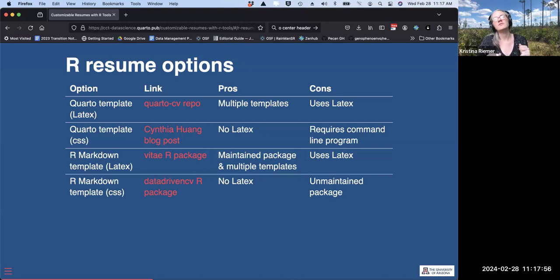It takes, I think, a lot of trial and error. I haven't actually used LaTeX myself a lot yet, because I've kind of avoided it since I've heard it's so difficult to use. So yeah, some of these options on here use LaTeX. It's basically like a template in Quarto or R Markdown that then uses LaTeX formatting to get your final resume or CV to look